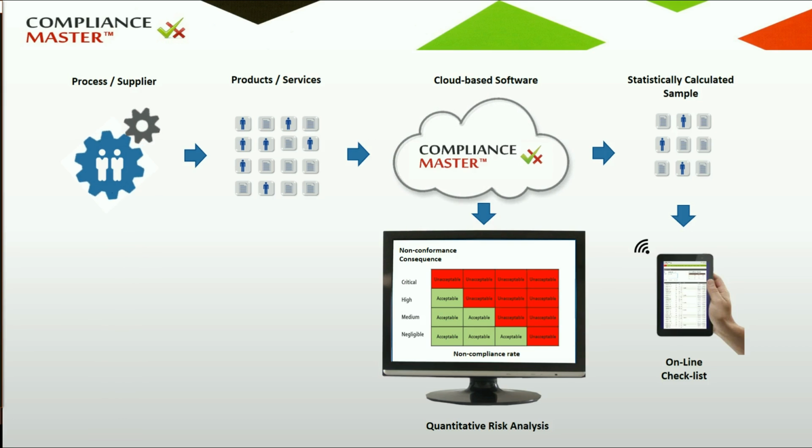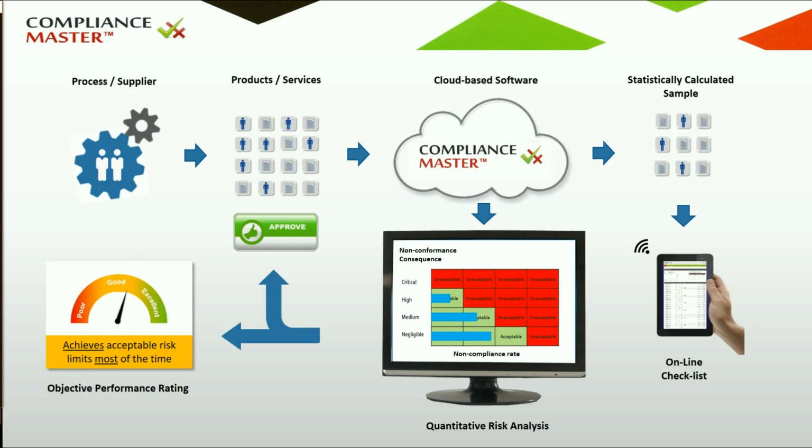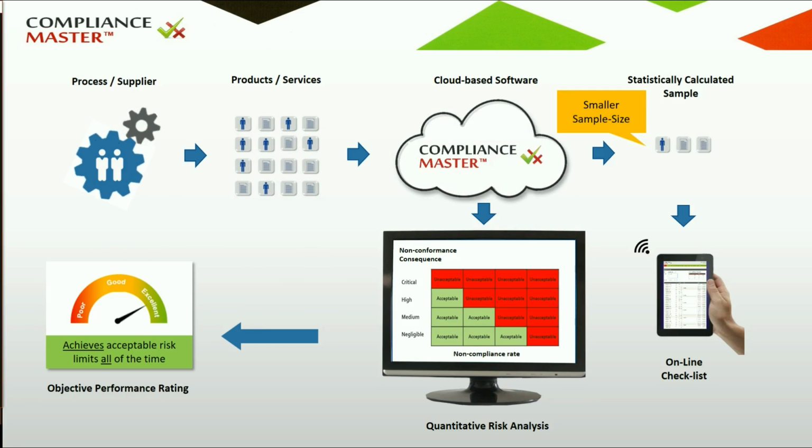Another benefit of Compliance Master's powerful statistical sampling engine is its ability to continuously optimize auditing and inspection efficiency. This is achieved by adjusting the level of rigor applied to each audit and inspection, in accordance with changes to a process's or supplier's performance rating. For example, the sample size requirement for a process switched from a good to an excellent performance rating will be automatically reduced for its next audit or inspection. At the same time, the user-specified protocol associated with this switch can also be configured to initiate a reduction in audit and inspection frequency. The opposite applies when a process or supplier is switched from a good to a poor